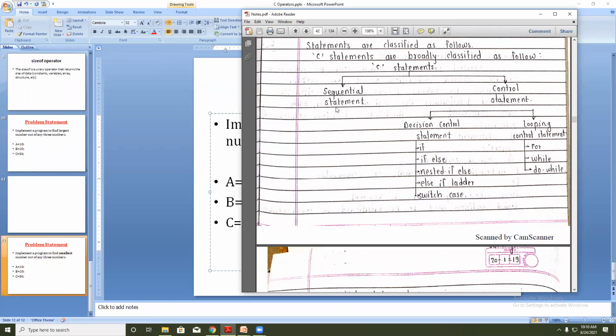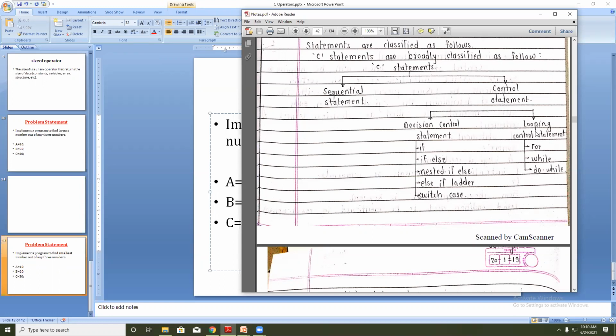Okay, so these we call sequential statements. Now in this chapter we are going to look at control statements. Again, these control statements are divided into two categories. The first category is the decision control statement and the other category is the looping control statement.